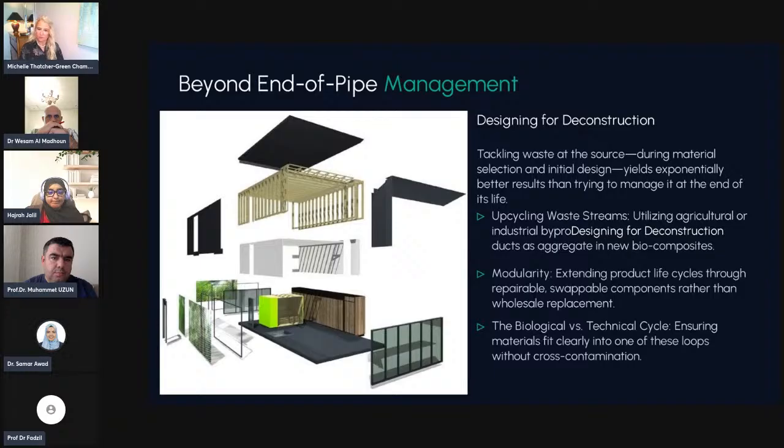So in this pillar, circular design, instead of trying to figure out what to do with trash at the end of a product's life, we must design it better from the beginning by treating materials so they can be easily repaired instead of completely replaced. So the concept here is to design the material from the start to be a modular product, not a product that, when I finish using it, converts to trash. So you can easily repair instead of completely replace. Next,